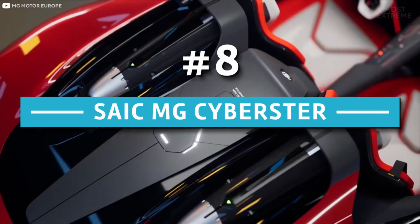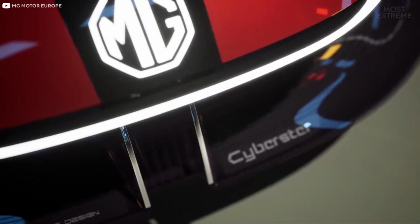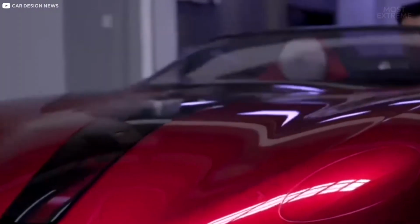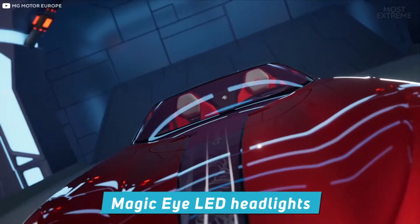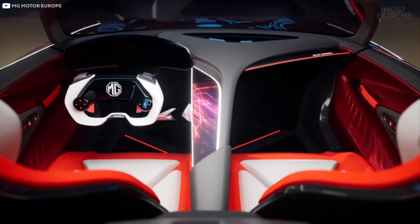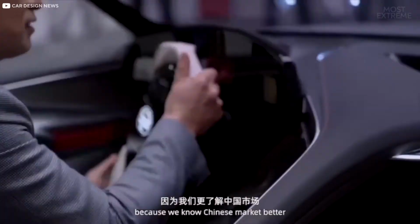SAIC MG Cyberster. MG is renowned for designing eye-catching cars, and the Cyberster keeps up with this tradition in an incredible way. The 2-seater Roadster is chunky, and while it takes cues from classic designs, certainly feels as futuristic as the technology that underpins it. With Magic Eye LED headlights, laser-built LED strips along the sides, and floating headrests above the zero-gravity seats, along with an interactive dash screen display, you'll feel like you've travelled into the future just by sitting in